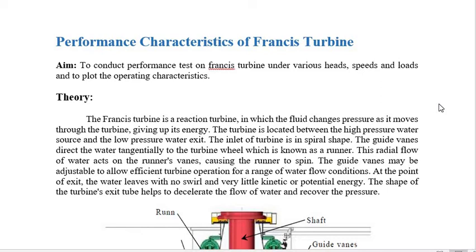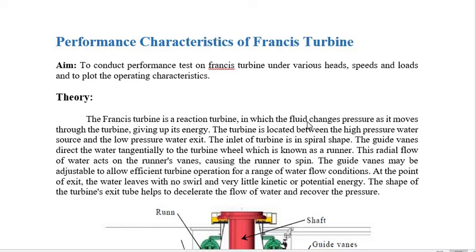But among them, the Francis turbine is most widely used because it can work in a high range of head, a high range of flow, as well as a high range of velocity. Basically, the Francis turbine is a reaction turbine, unlike the Pelton turbine, which is an